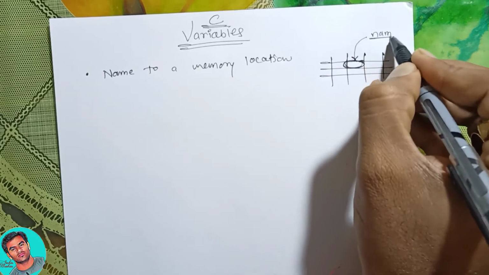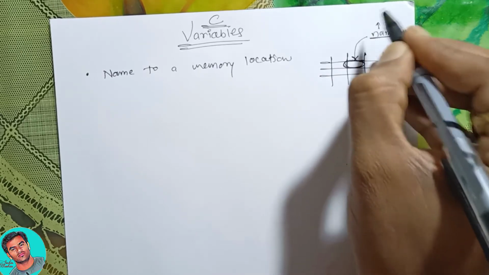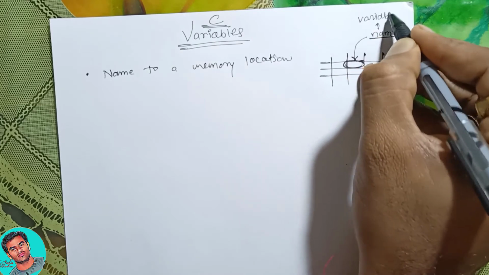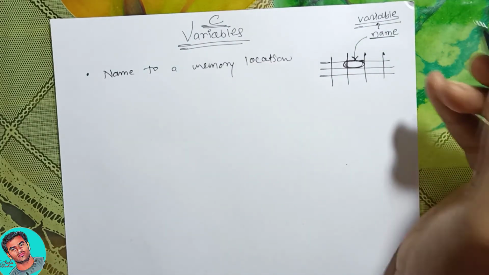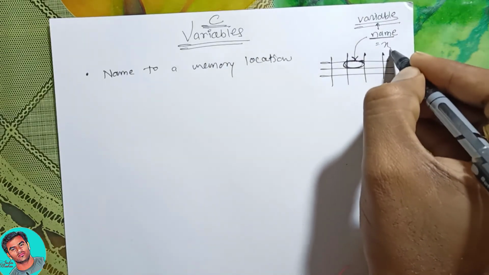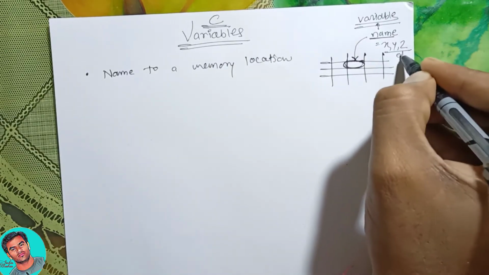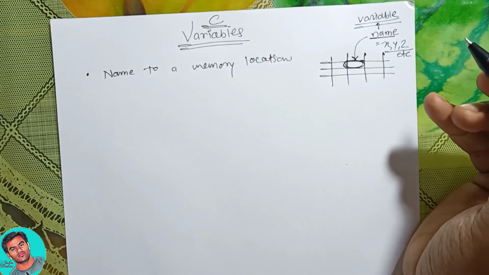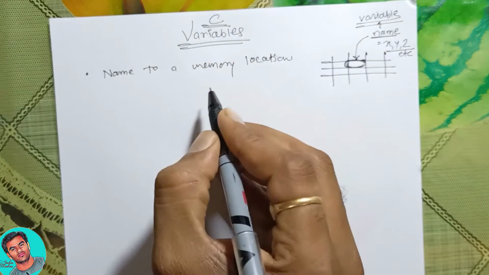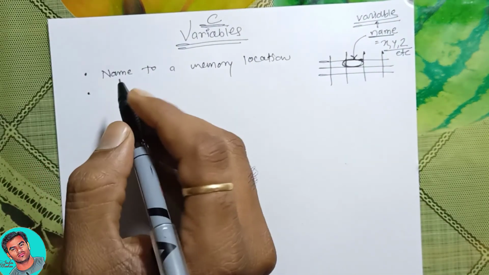And this name is nothing but a variable. For example, the name can be x, y, z, or anything. Okay friends, so this name consists of